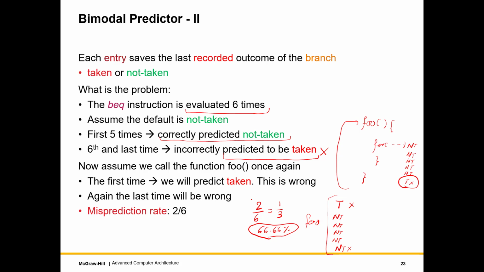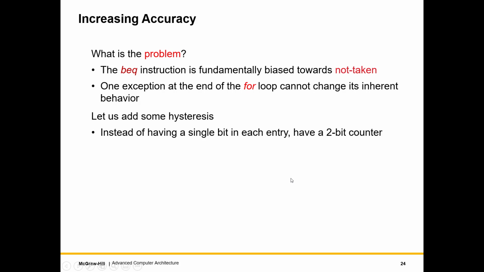And this predictor, as we can see, has a built-in flaw. And the built-in flaw is that it always predicts whatever was the outcome the last time, which in this case appears to be a bad idea. So we make 2 mistakes, one while entering the loop and one while exiting the loop. So let us see where is the problem. The problem is that the BEQ branch if equal instruction is fundamentally biased towards the not taken direction. There is one exception at the end of the for loop,